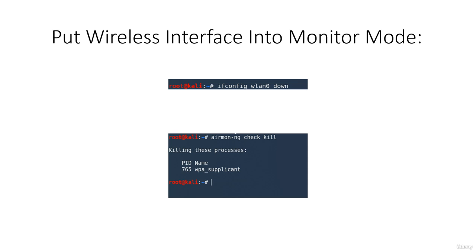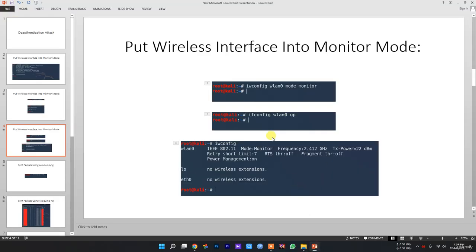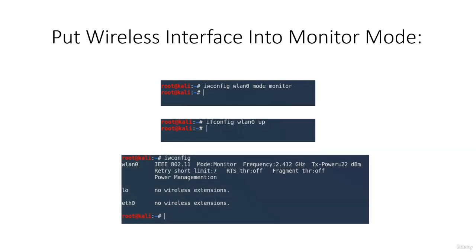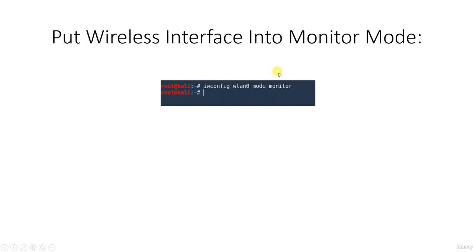This command, airmon-ng check kill, will kill the processes, and then setting the WLAN interface mode to monitor will enable monitor mode. Here wlan0 is the name of your wireless interface card. As I said, it could be different, it could be wlan0. I will show you later why this may vary. This will put the wireless interface into monitor mode, and after that, again,